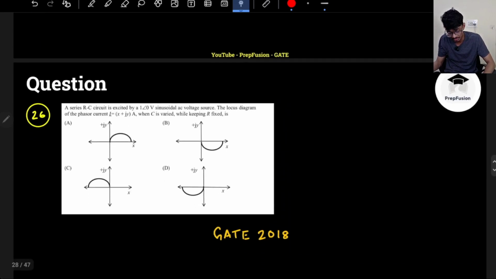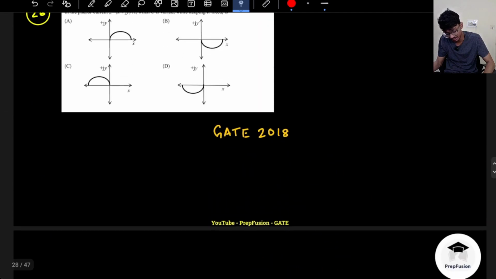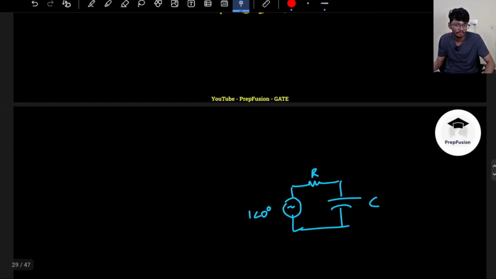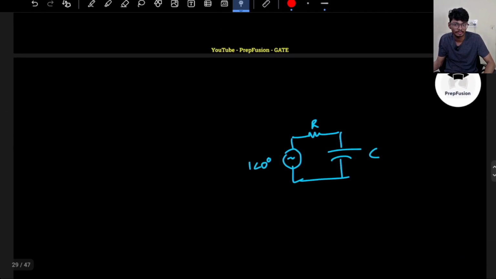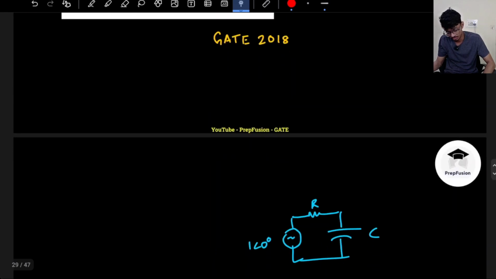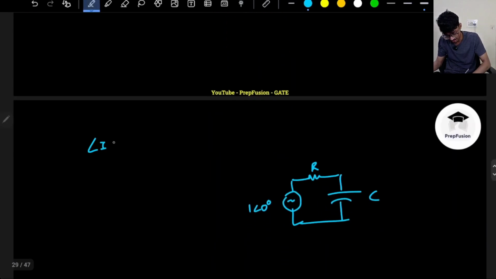So at C equal to 0, it will behave as a purely capacitive circuit. That means my current will be purely imaginary. Current will be leading the voltage by 90 degrees. So the angle of current will be 90 degrees. Correct? I will not do any calculations. Without calculation I will solve. So the angle of current will be 90 degrees at C equal to 0, because it will be a purely